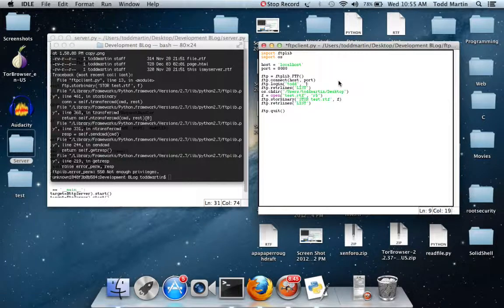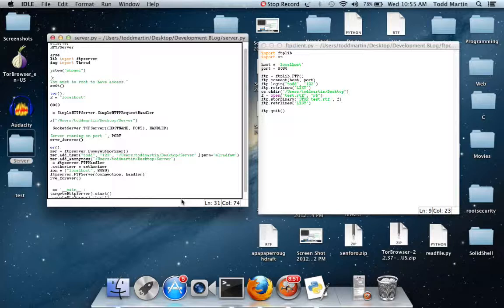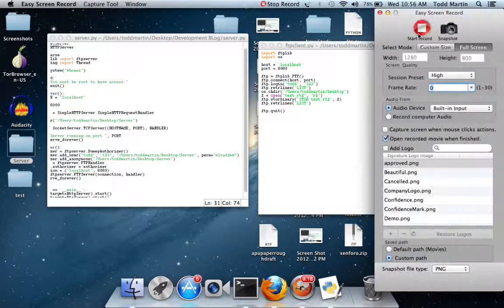Now we could probably give it those permission parameters, but the point of having users is, one, logging what a user does, and we'll get into that shortly, and number two, making sure people don't have permissions to do certain things, such as delete files or upload files that we don't want them to. So it's basically taking the FTP client and just uploading files to it. See you in the next